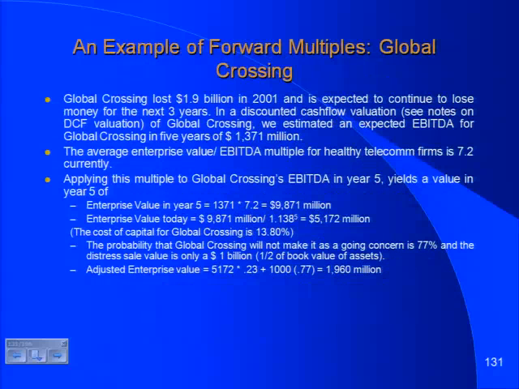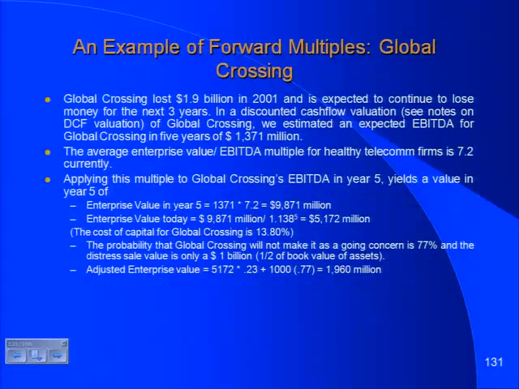So I'm looking across my forecast. I'm pulling the year 5 number. I can't work with the number today. $1.9 billion loss. I'm underground already. I can't apply a multiple to it. But the 1.37 billion that I'm projecting out as EBITDA in 5 years is a number that I can work with. So I know what the projected EBITDA, or at least I've estimated what the projected EBITDA will be in